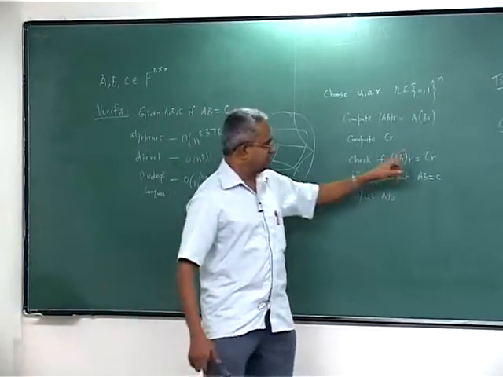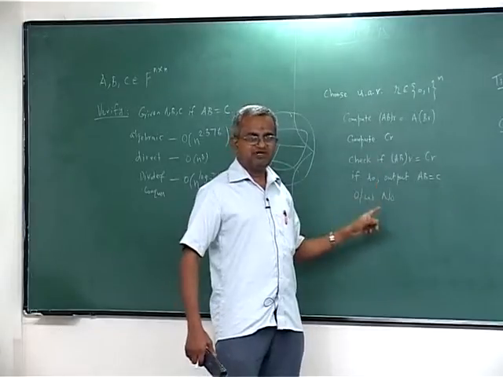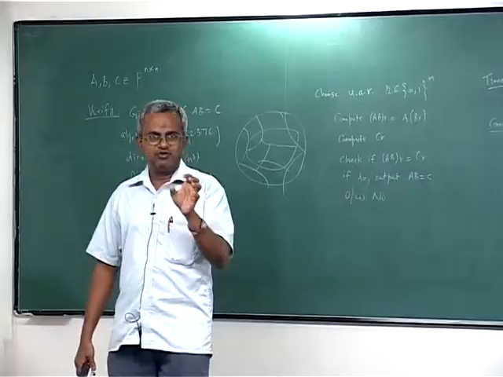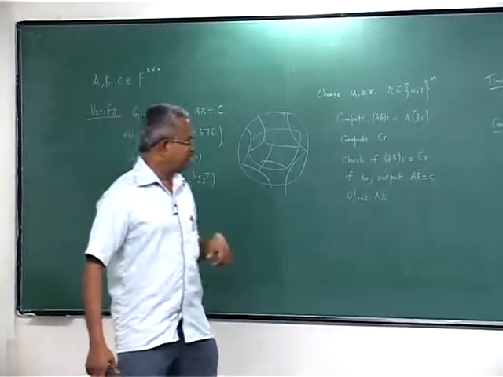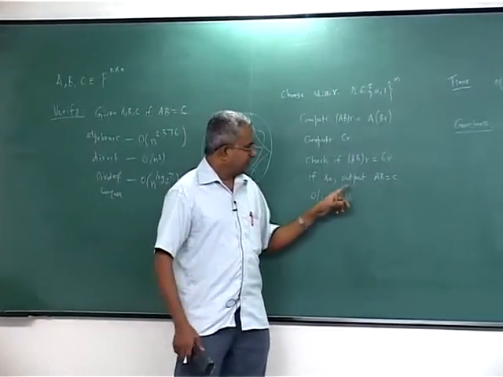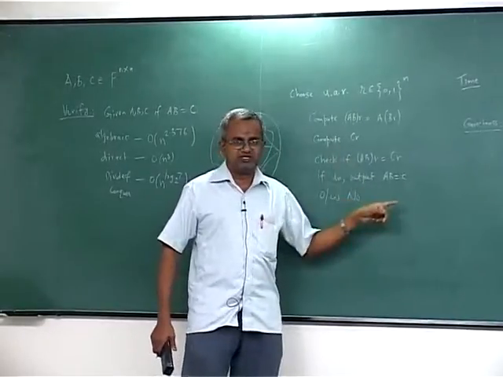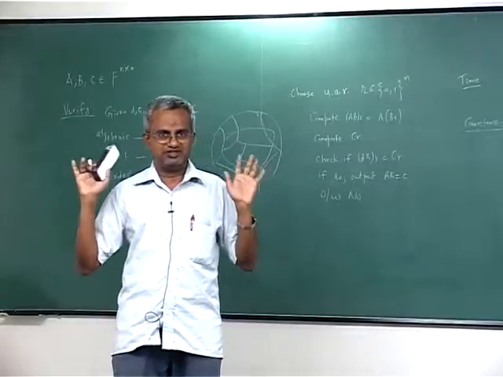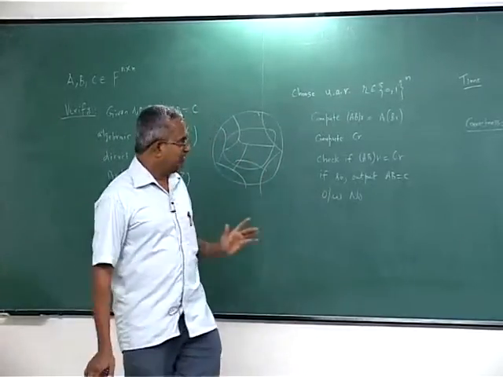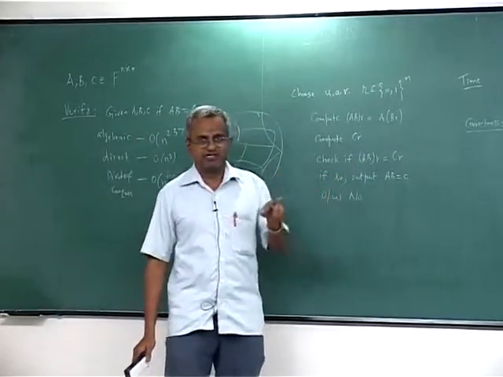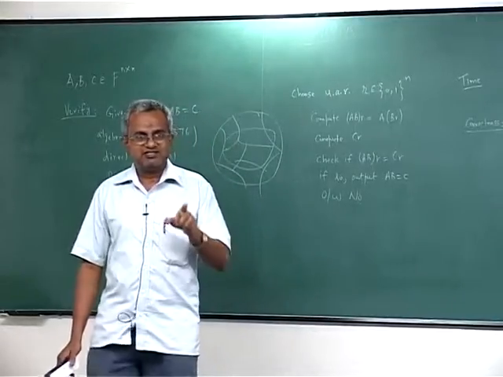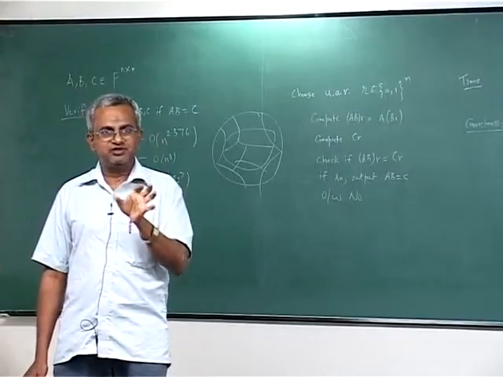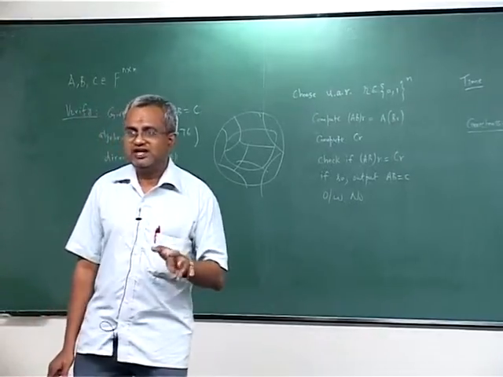If AB equals C, the answer is always correct. If AB is not equal to C, the answer is likely to be wrong with some low probability. But from a user's point of view, if the output you get is AB is not equal to C, then you can take it with full confidence. It is indeed true that AB is not equal to C. On the other hand, if the output of the algorithm turns out to be AB equals C, then you know that this answer is likely to be wrong, but even though that probability is bounded by half, there could be some error in that.